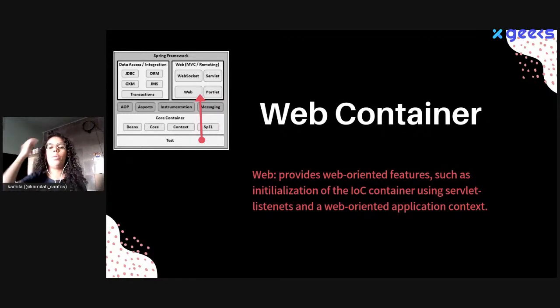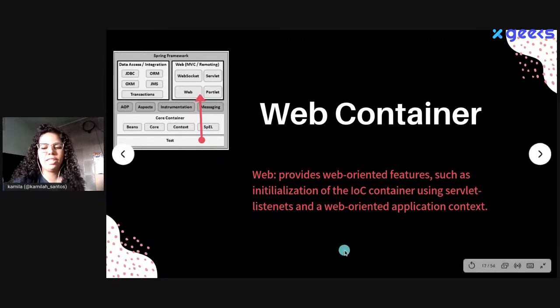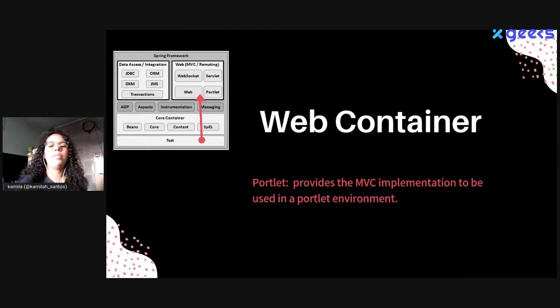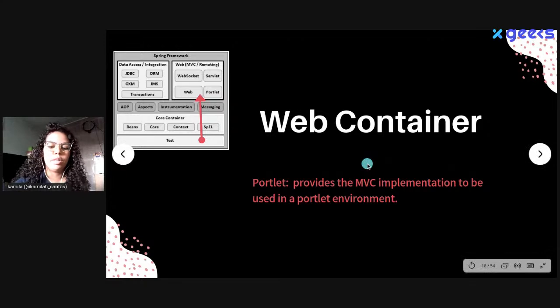We also have the web module that provides web-oriented features such as initialization of the IoC container using servlet listeners and a web-oriented application context. And we have the portlet module in the web container that provides the MVC implementation to be used in a portlet environment.